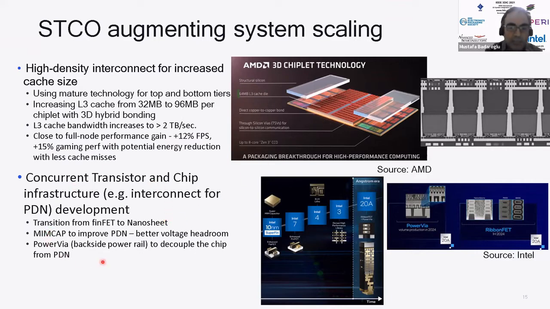And then the second category is how to deliver the infrastructural components to 2D. So besides the 2D device, if you don't make the 2D device compatible with the 3D technology, at the system level you do not have gains, as I tried to convince you in the previous slides. So the first thing is a DTCO improvement to enable the area scaling, so FinFET to nanosheet transition. So you can see here an announcement of the 20 angstrom node, or equivalent to 2 nanometer node, transition to RibbonFET,